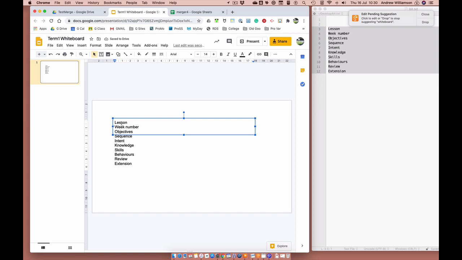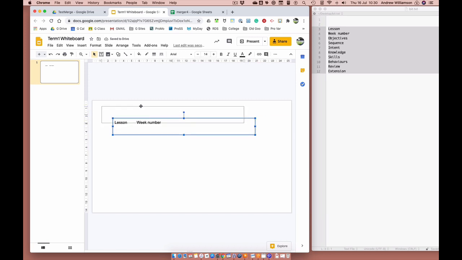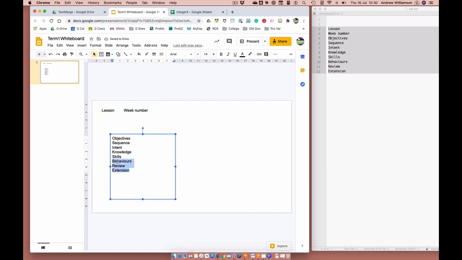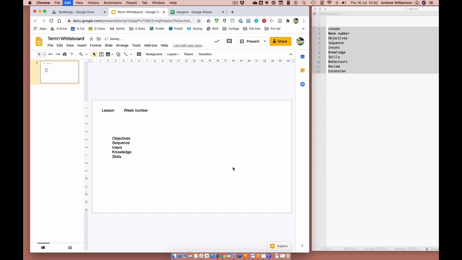In fact, let's just see how many we got there. 1, 2, we could get rid of those. 1, 2, 3, 4, 5, 6, 7, 8. Okay, so if we put 3 into a new text block, let's grab those there, cut. So we've got these that can go along the top here. I'll put that right up there, and then we can paste these in again, and we can get rid of 3 there, paste those in again